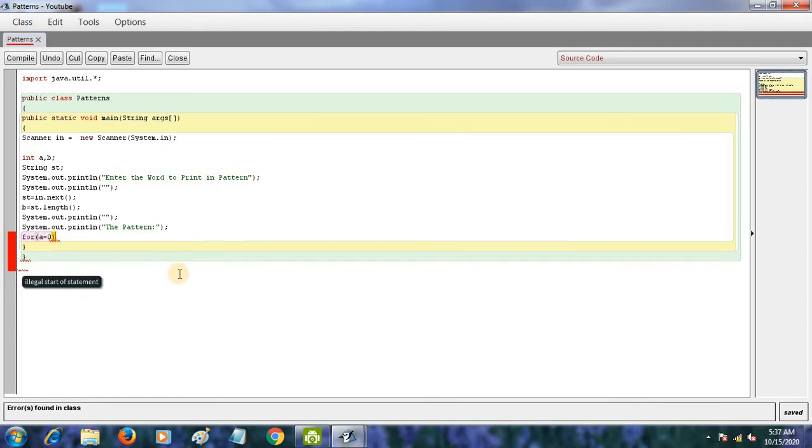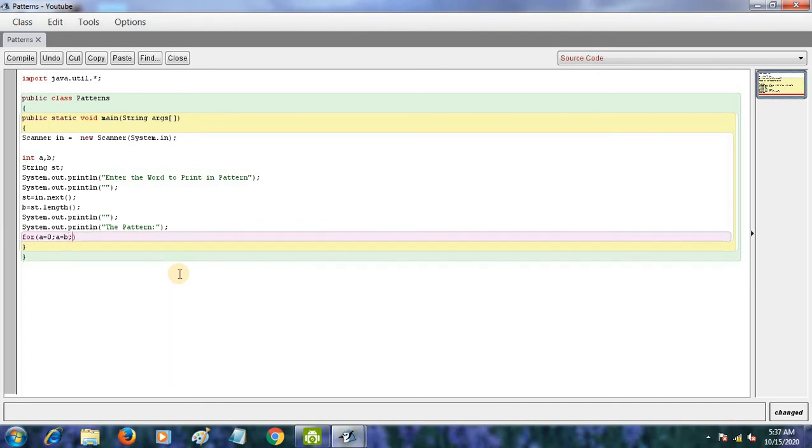So here I am not writing any variable. After that, semicolon, then a is equal to b, meaning the a will be equal to the length of the word.